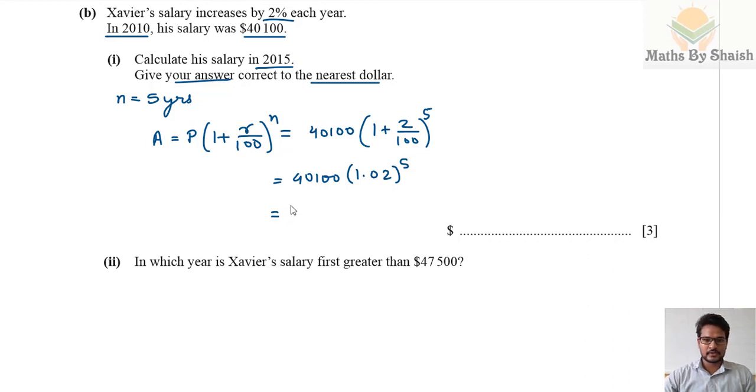This value is coming 44,273.64 and so on. Since we are required to give our answer correct to the nearest dollar, after the decimal it is 6, so it would be increased by 1. So the nearest dollar is